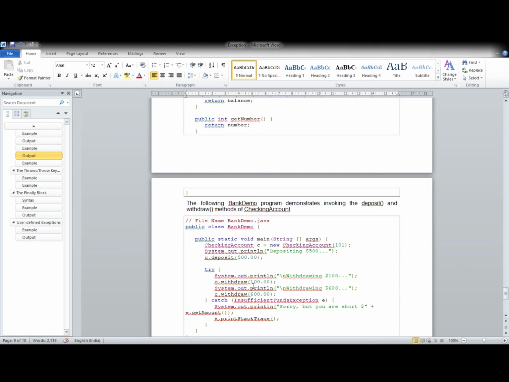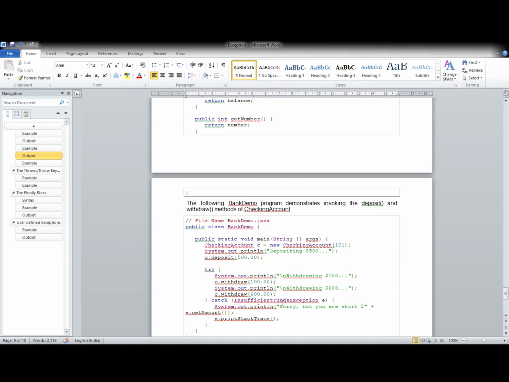Now the balance will be 400. Then withdrawing 600, c.withdraw 600: the balance now is 400 and you are trying to withdraw 600. This will cause an InsufficientFundsException, thrown by the withdraw method.